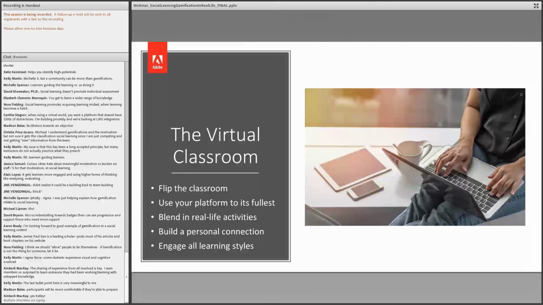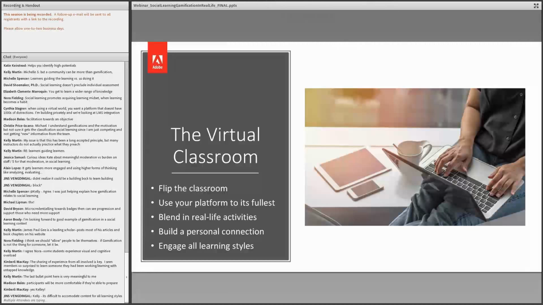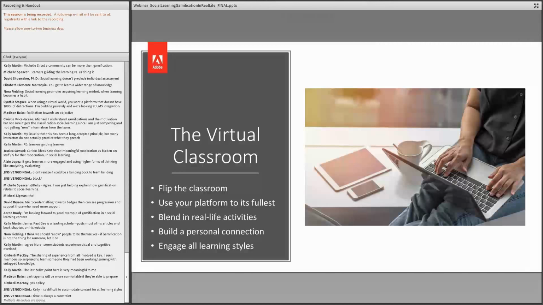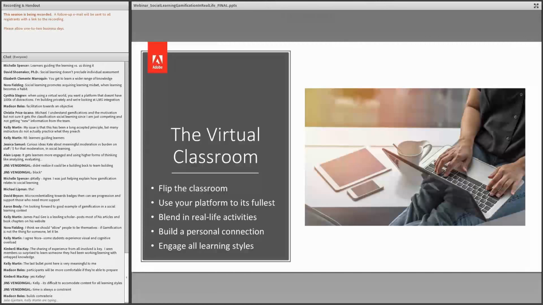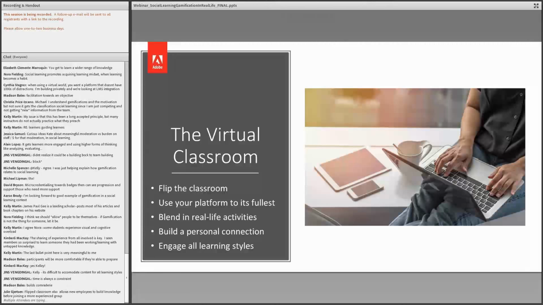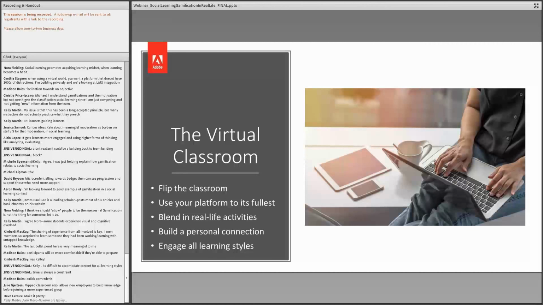Virtual classroom, one of the things that I think is really important is using your platform to its fullest. There is that death by PowerPoint syndrome. No matter whether you are in a virtual setting or if you are in person, it does not matter. So if you can use things like Mel was saying at the top of the hour, have people raise their hands or vote on things. We've got polling questions later, that sort of stuff. It breaks up the time in the virtual classroom. And obviously this chat helps it a lot as well.